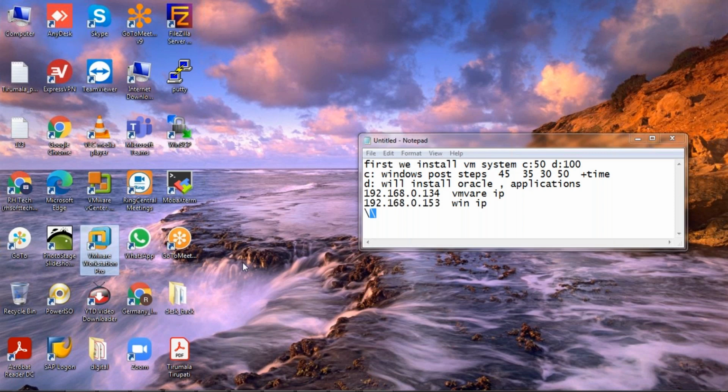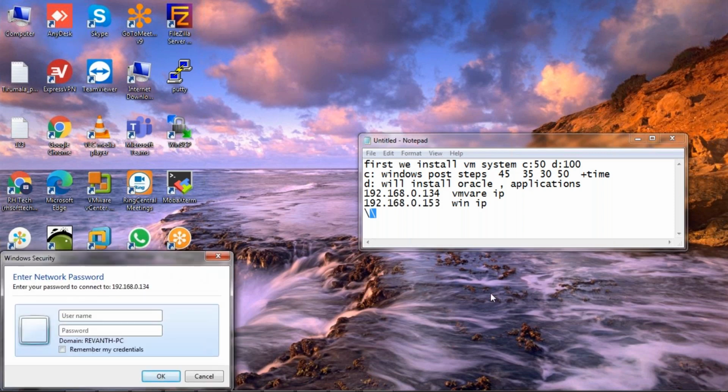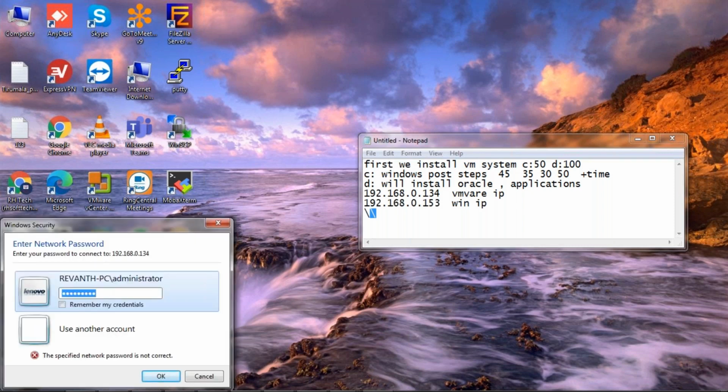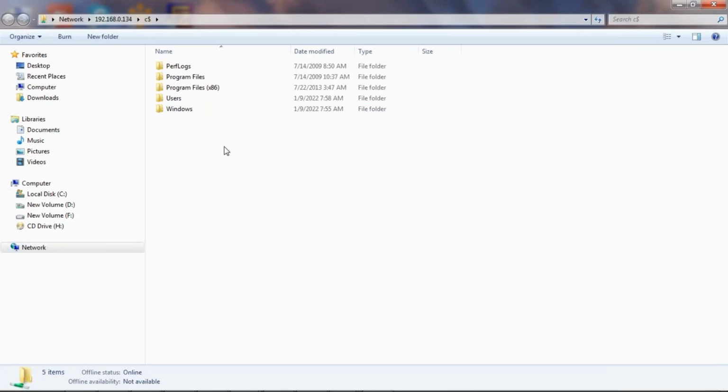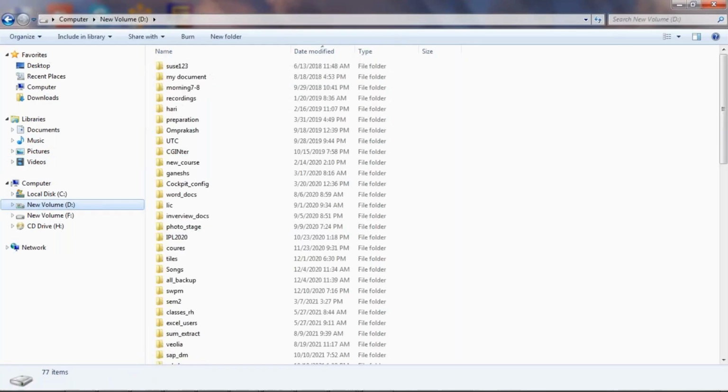Yes, this is my VMware system, and this is my system where I have the dump. I have to copy all this dump over here. Take this dump.